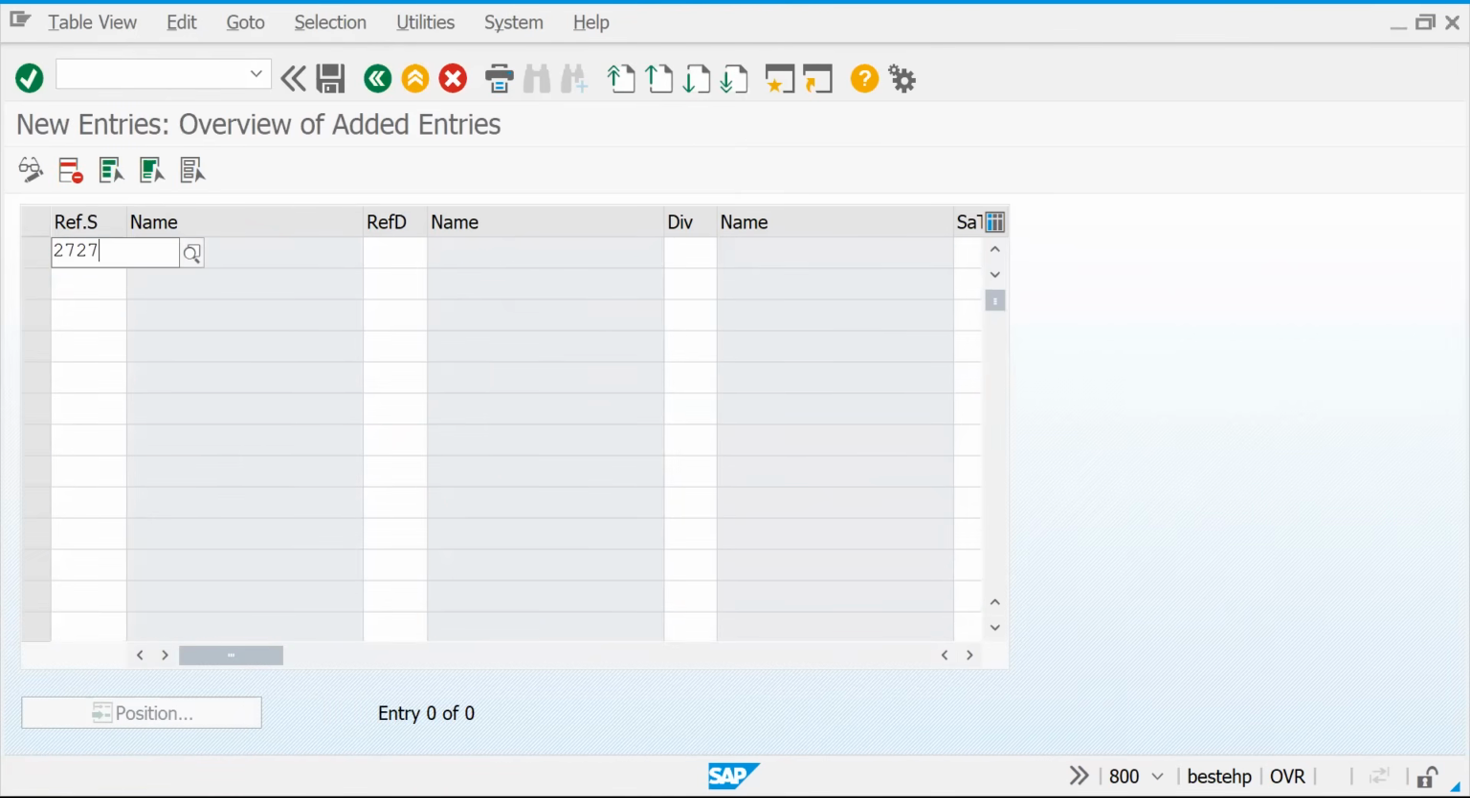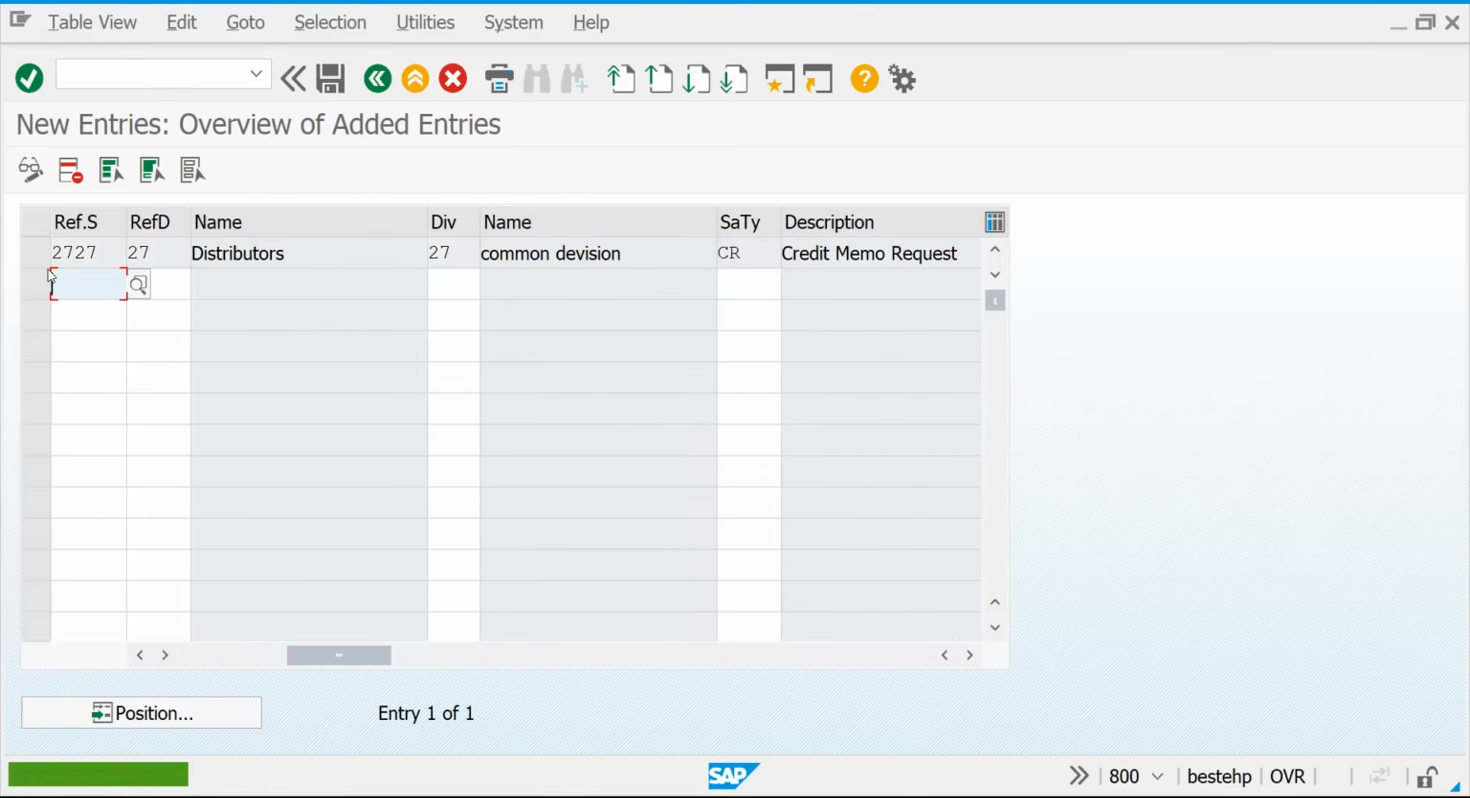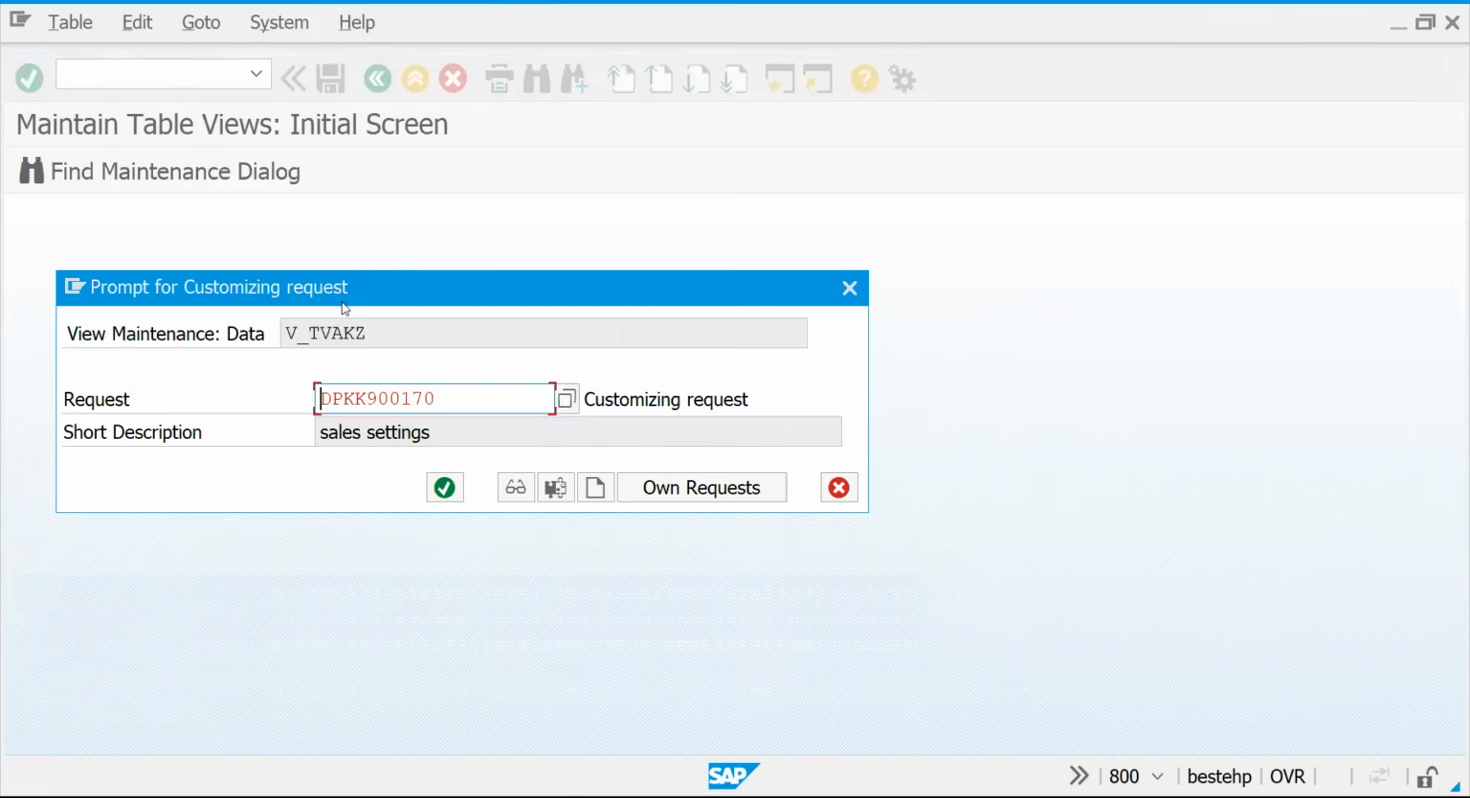So 27, 27 and 27, and document type is CR. In a similar way, let me try to do this: 27, 27 and again 27. So the division is 27. Let's try to activate it for DR also. Okay, so I have activated two